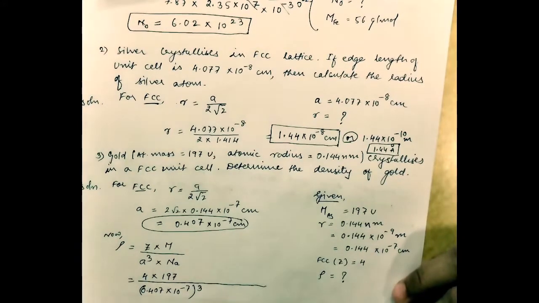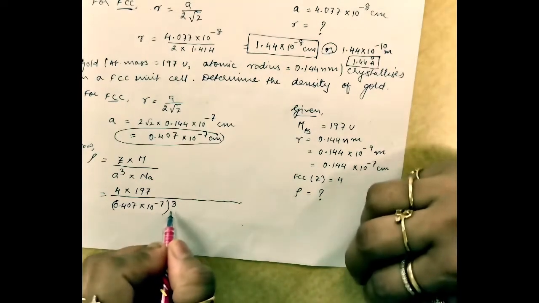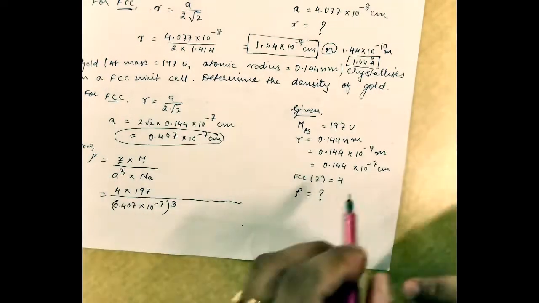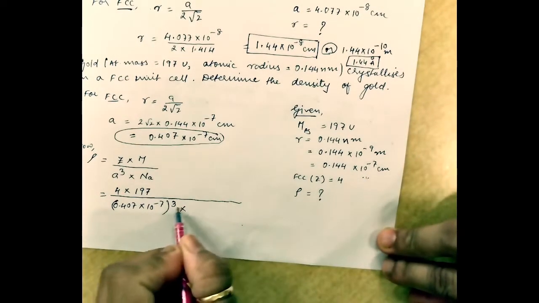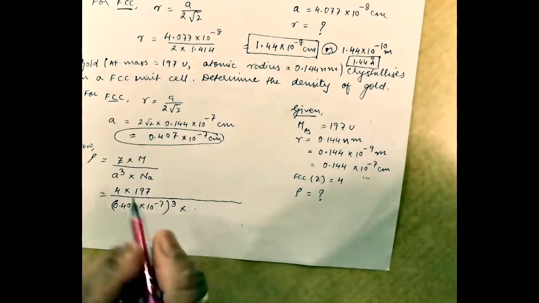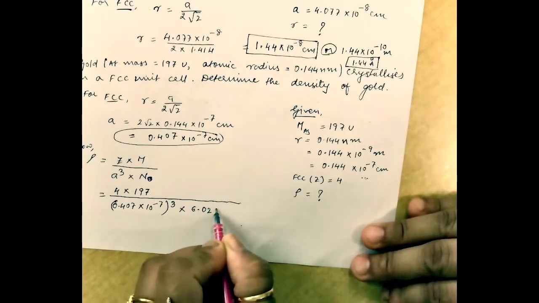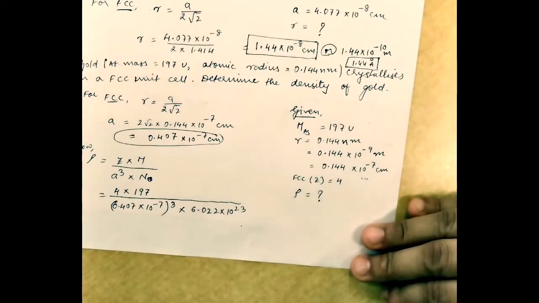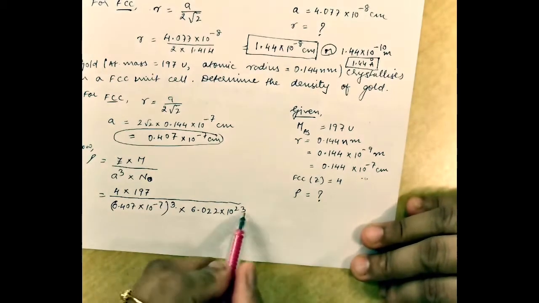Take its cube. Don't forget, students usually make a mistake over here. They forget to take this cube. In the formula it is A cube. Here we have found out what A is, so don't forget to put this cube and solve for that. And N A or N0, whatever you call the Avogadro number, we all know very well, is 6.022 into 10 to the power of 23. Now if you calculate this, 7 threes are 21, you can take that, and this you can cancel off, so you will be left with 10 to the power of 2.